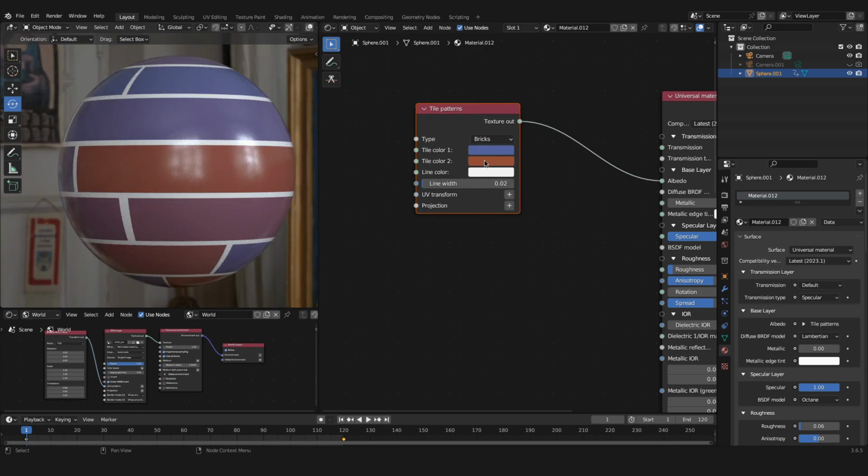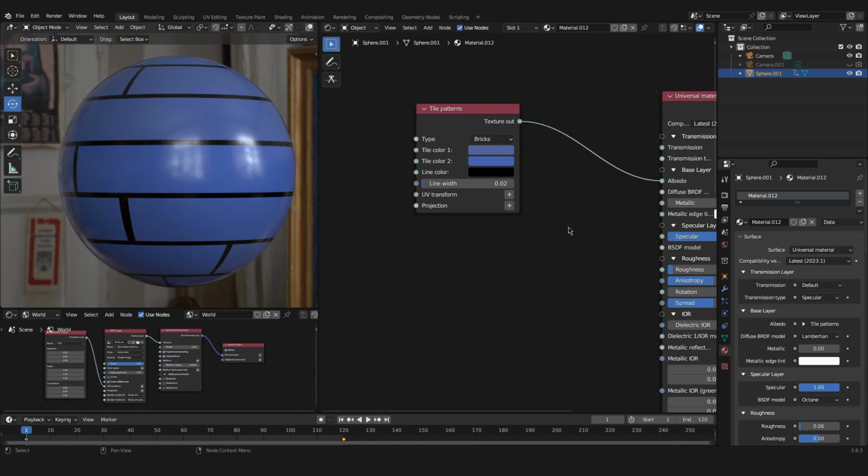And for the tile color 2, I want the color with the hex code for C64B3. And the line color should be pitch black. For the line width, we want to use a width of 0.01,